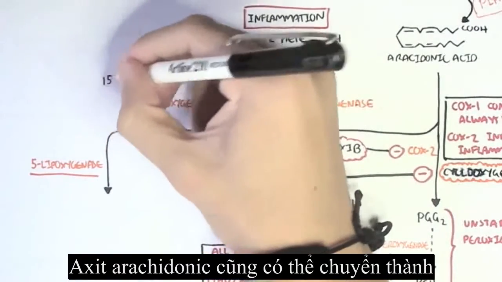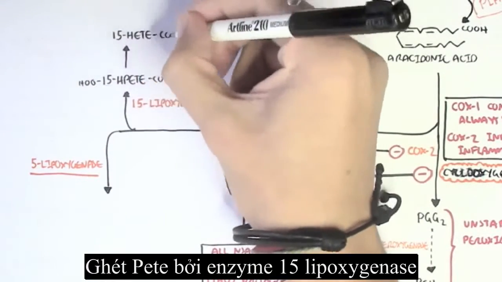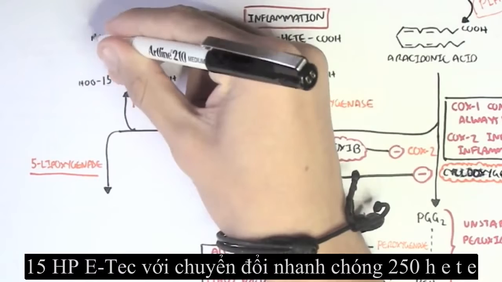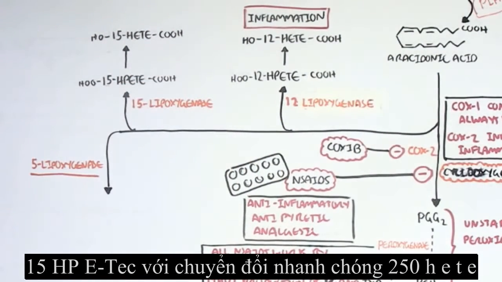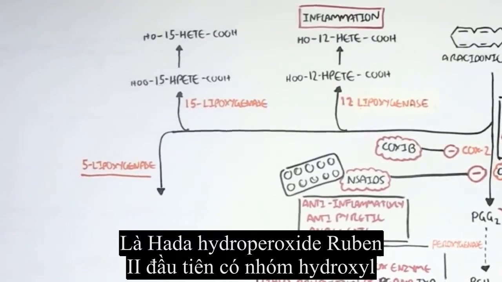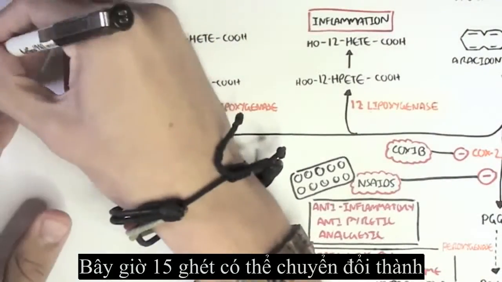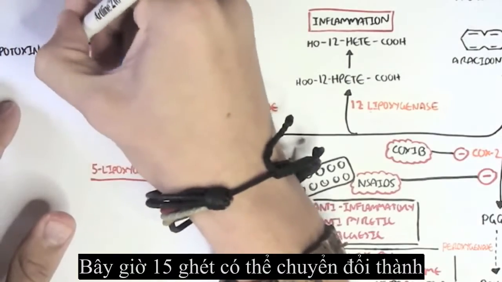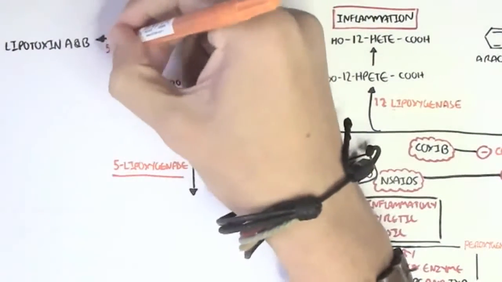Arachidonic acid can also convert to 15-HPETE by the enzyme 15-lipoxygenase. 15-HPETE would then quickly convert to 15-HETE. The difference, again, being that the first had a hydroperoxy group and the second had a hydroxyl group. Now 15-HETE can convert to lipoxin A and B by the enzyme